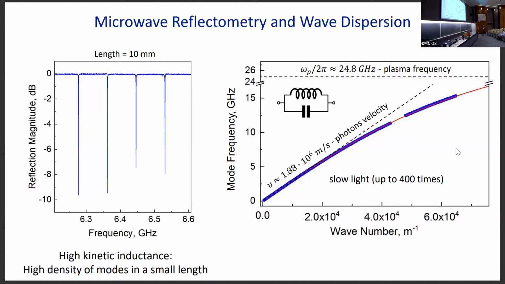And then it saturates towards the higher frequencies, towards the frequency which is called the plasma frequency. It's the self-resonance frequency of a single Josephson junction, because besides the inductance, which comes from the Josephson junction, there's also always a capacitance given by these parallel plates. And using this dispersion, we can extract parameters of the transmission line by fitting it to a simple expression.